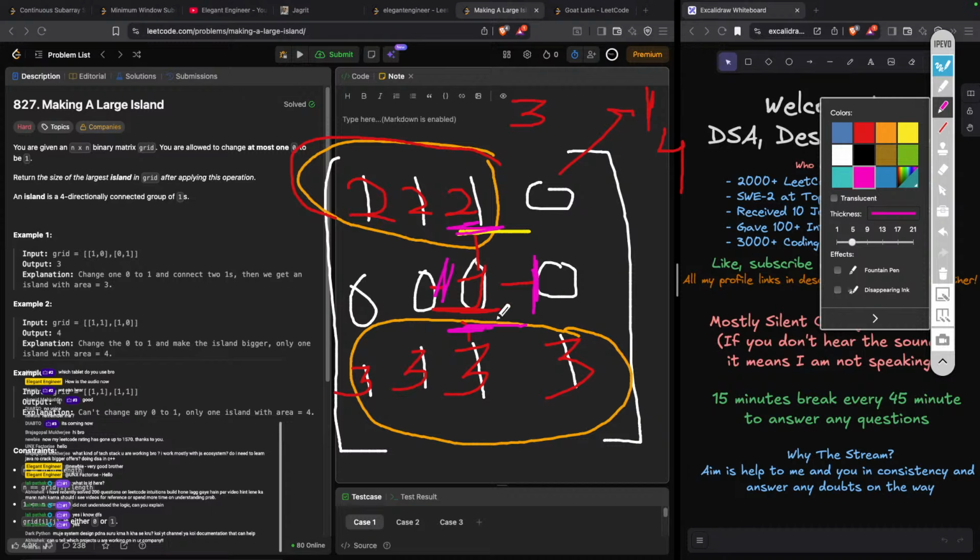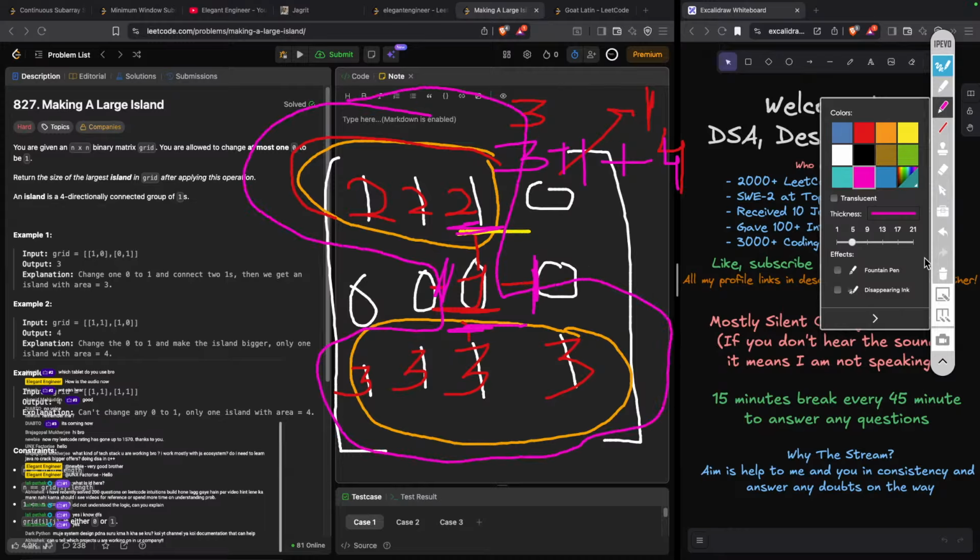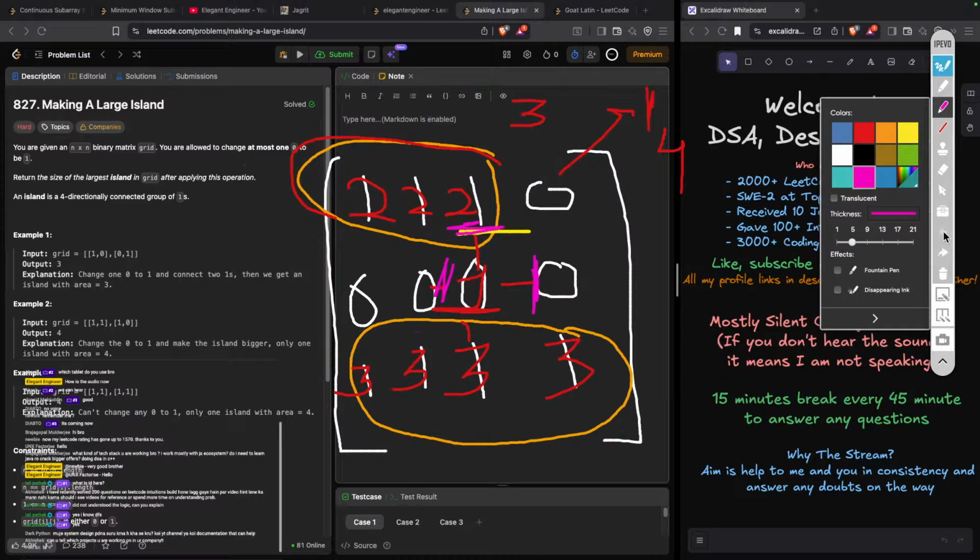Okay. Now let's say if I did not use the concept of ID, right? But I'll explain that in another problem. So you have this 2 2. What I did is I picked this 3. I made this 1, so that is plus 1, and then I made plus 4. So the maximum island possible is this. Basically this whole thing, right? Now it would be really awesome if I can go back. Perfect, I can go back. This is a great tool then. Let me go back, right?